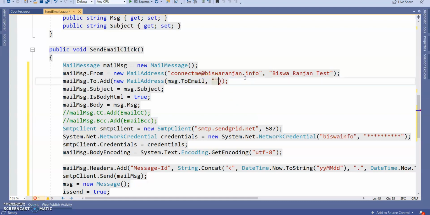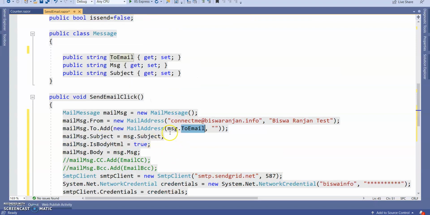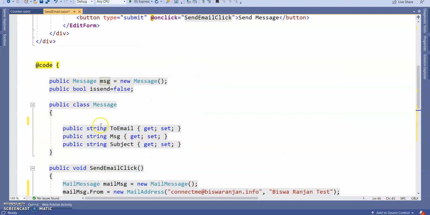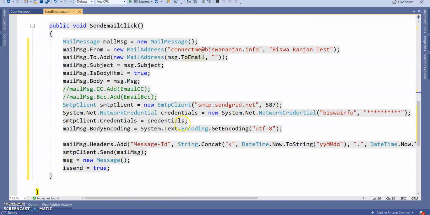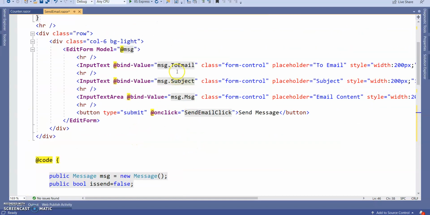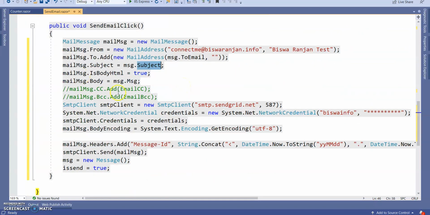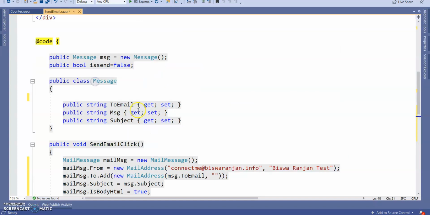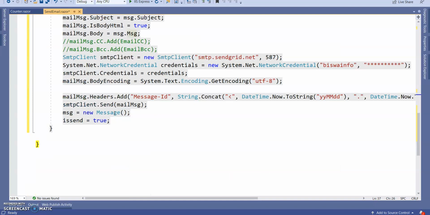Here in to email, I'm sending this to email. So it is MSG, which means this class object, MSG.to email. Next, the subject. What subject I'm going to input in the text box? Is body HTML true? And what is the body? I'm getting the message from here.